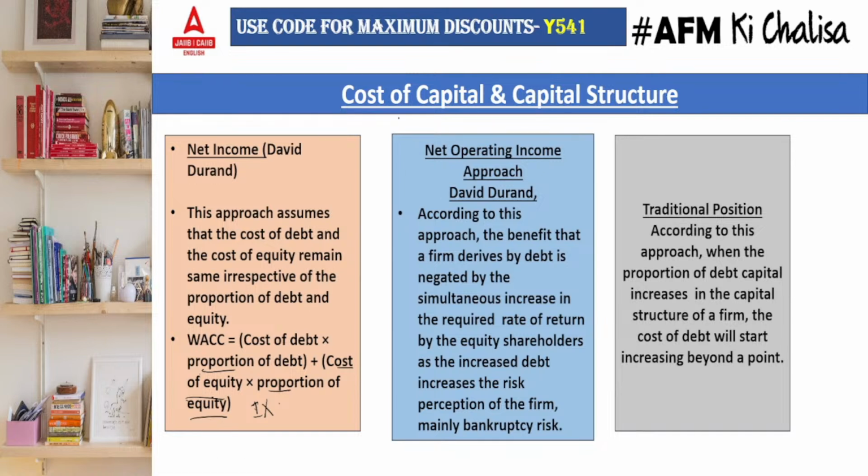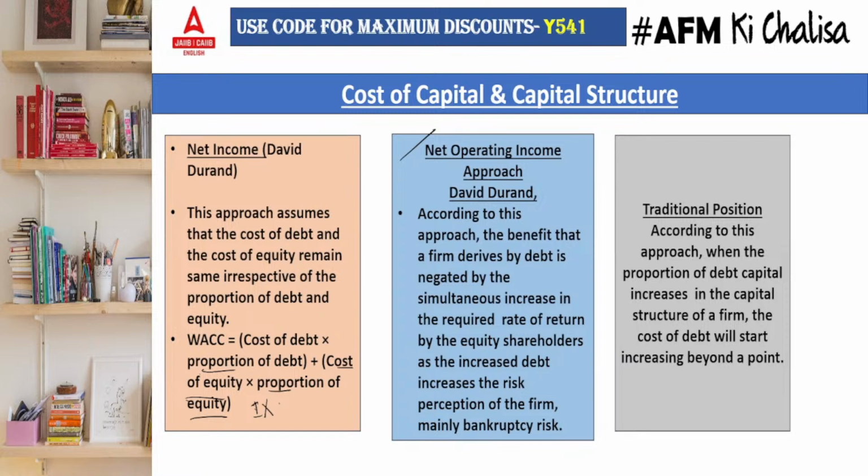Then we have the net operating income approach. The net operating income approach says the benefit the firm derives from the debt is negated by the simultaneous increase in the cost of equity. If you have taken a lot of loans and at the same time you are also taking, see, in this case, it's more or less like a situation where they say